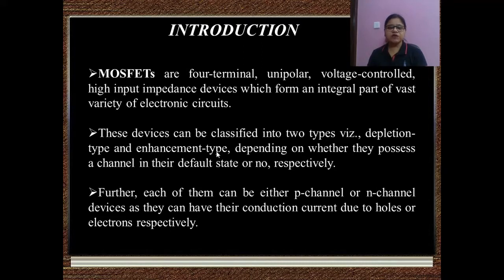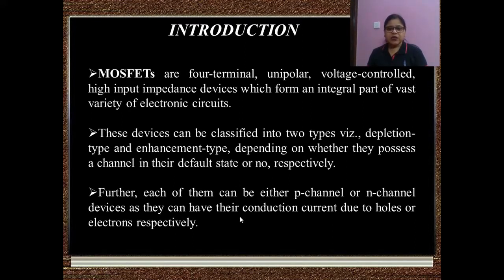But when we talk of the enhancement type MOSFET, it means that during the fabrication process, the structure of the MOSFET is totally built up, but the channel portion is vacant. And whenever the device needs to conduct or be in an on condition, then by applying external voltage to this device, we have to form a certain conducting medium in that portion which is left vacant. So this is known as an enhancement type of MOSFET.